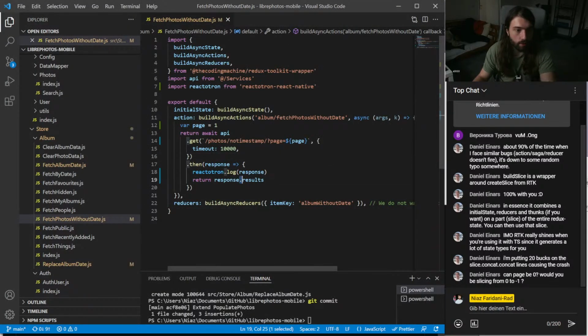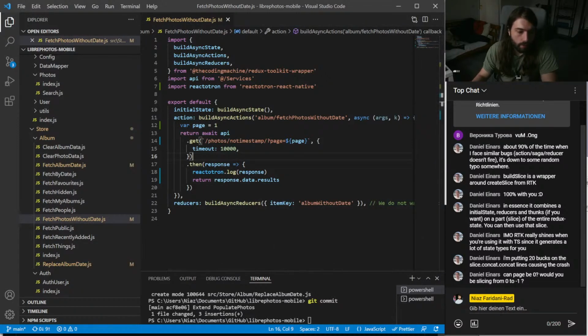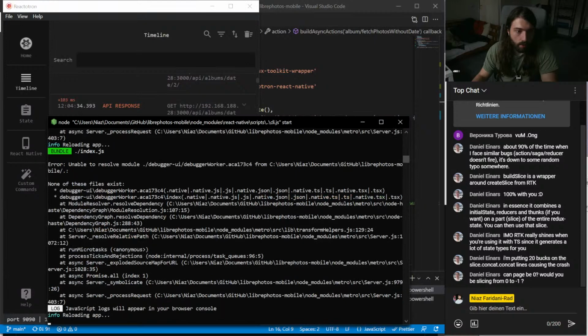That's the issue. Data results. Save. Okay. Reload.